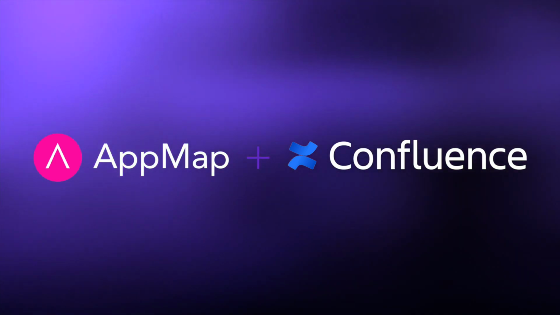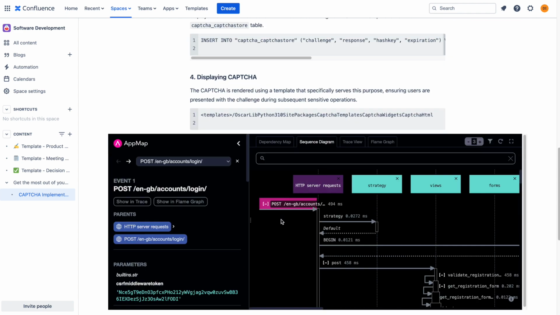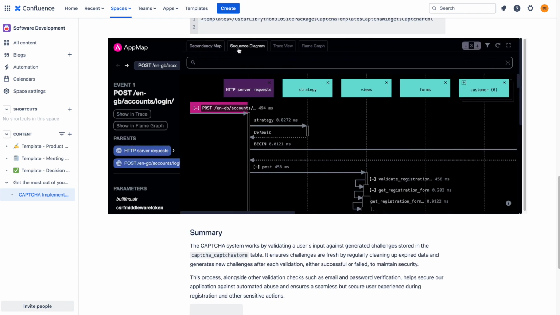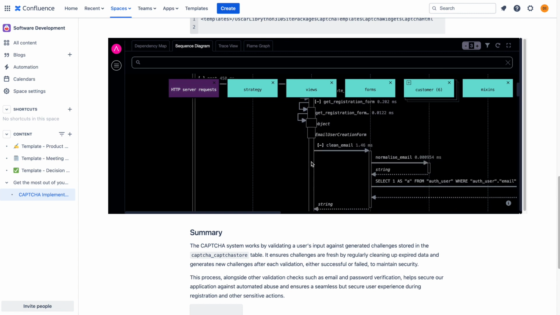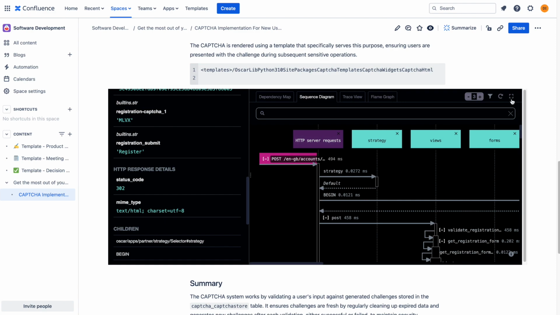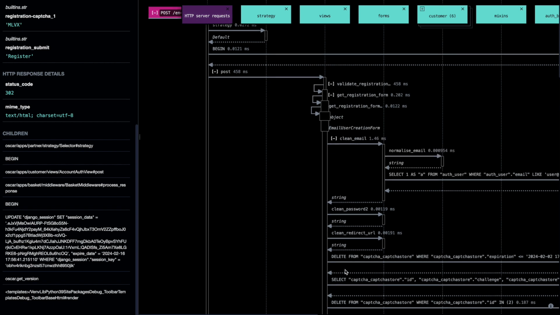Introducing AppMap for Confluence. You can now share visual depictions of your application's runtime behavior with your team by embedding AppMaps directly into your Confluence documentation. AppMaps are generated automatically from your running code and do not require hand coding or special markup. AppMaps are interactive, enabling you to explore your application's runtime behavior as sequence diagrams,